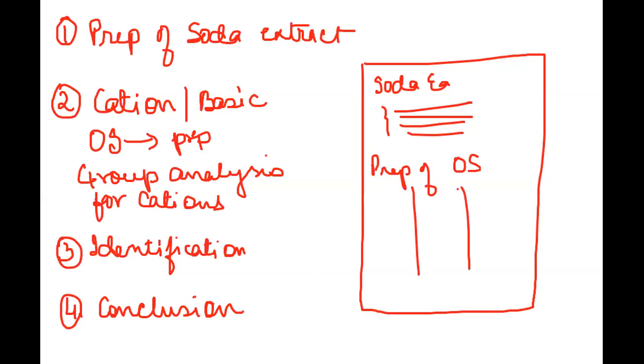Then you will write down the group analysis, because we have just done group 6 where we don't have to do the group analysis. In the rest of the groups, you will have to do the group analysis also. Like for example, in group 3, you got the cation. Now, which cation is that? Whether it is aluminium, iron, which one? To analyze that, again, the precipitate is dissolved in a suitable reagent, and then it is tested for the cations. So that part will also be there. Maybe we'll explain that in the theory class when we are doing the chapter on salt analysis.